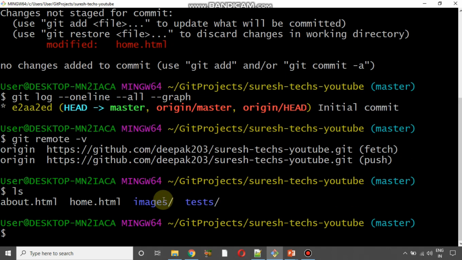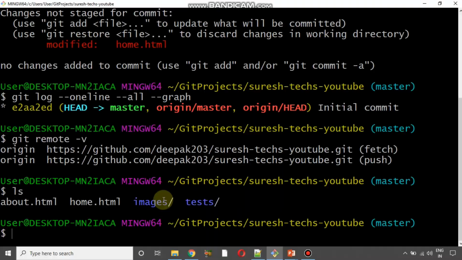We'll need to run some commands to get those changes into our local system. There are two things to discuss here: one is fetch and one is pull. First, let me talk about git fetch. Git fetch is going to get the changes from the remote repository to your local repository. That's it. It will not apply or merge those changes into your local project. Whereas git pull is going to get those changes and automatically apply or merge them into your project.